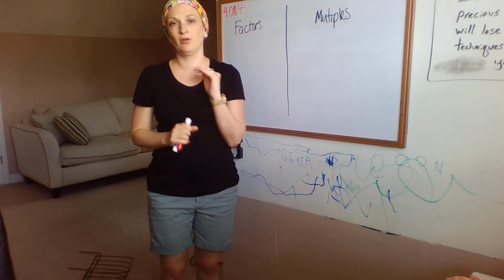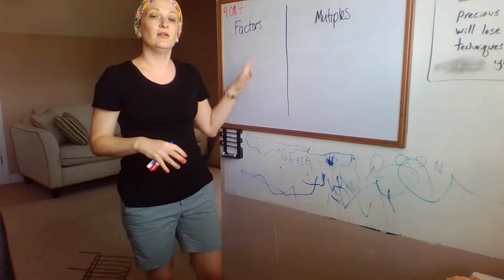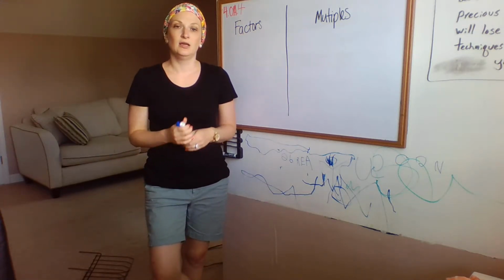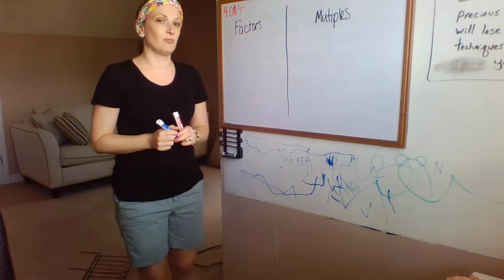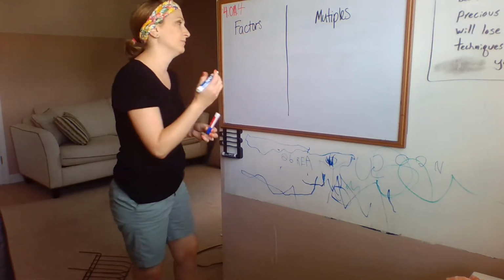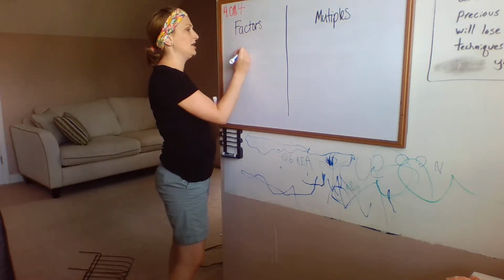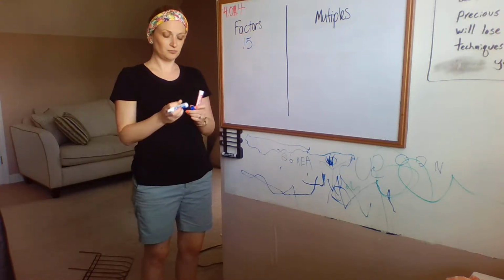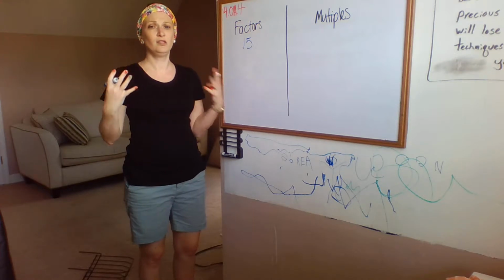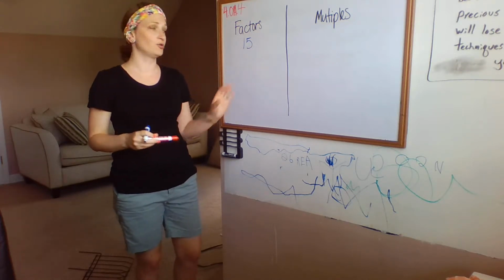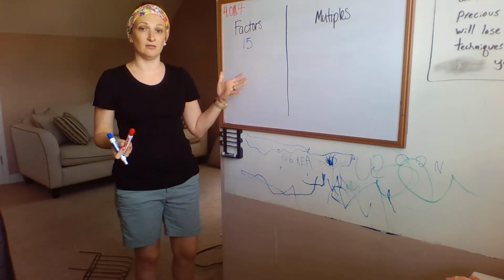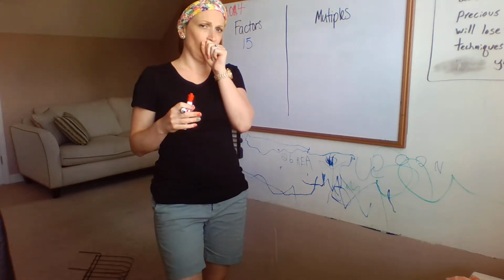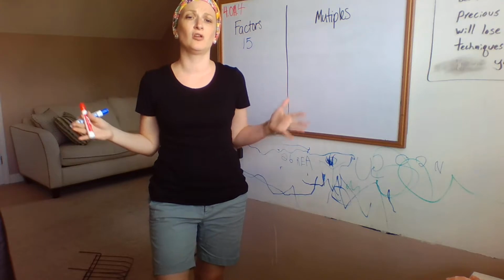So I have two vocabulary words up here, factors and multiples. Factors are the numbers that we multiply together in order to get a product. So when we factor a number, we take that product, like let's say 15, and we think about all of the numbers that we can multiply together in order to get to 15. With this one, I had my kids practice the strategy I call closing the